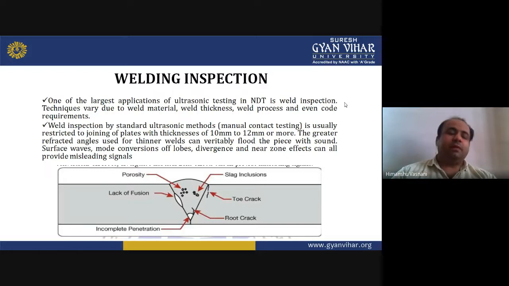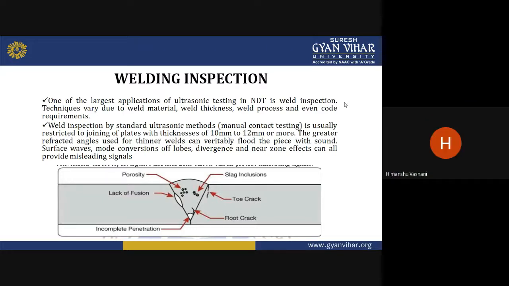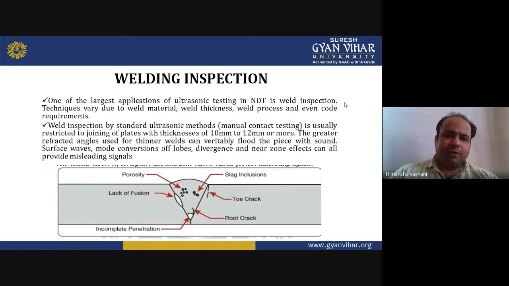Because see what happens during the inspection by ultrasonic testing methods. If you are going for manual contact testing, you are manually testing the welding. So it's usually restricted to joining of plates with thickness of around 10 mm to 12 mm or more, because this you can easily do. But the greater the refracted angles used for thinner welds can veritably flood the piece with sound, and this will affect the nearby zones and provide misleading